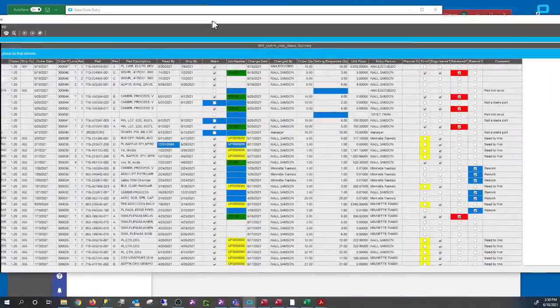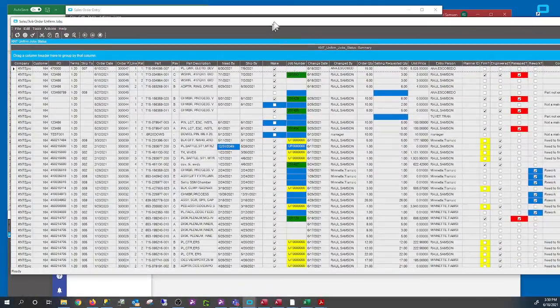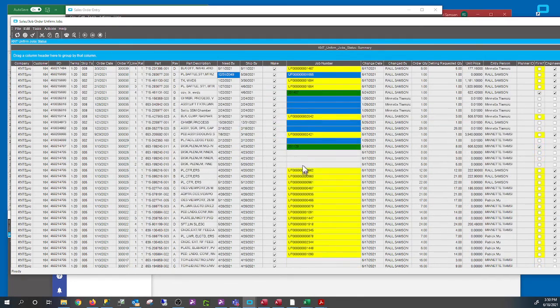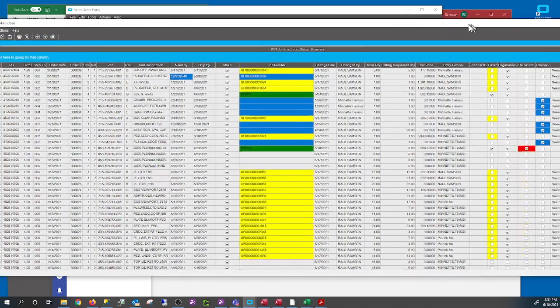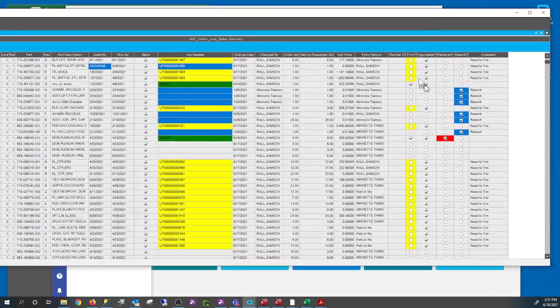Now you will see that on this dashboard you will see all the unfirmed jobs, and this is how it looks. They start with UF. As you can see here, this field, if it is not firm yet, is marked as yellow in this area. If this has been converted into jobs, it's marked as red.